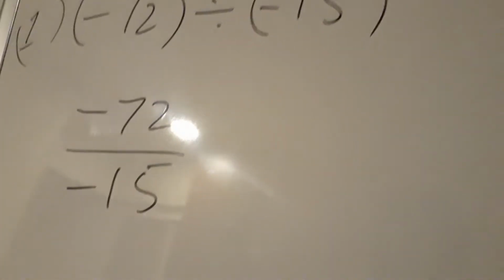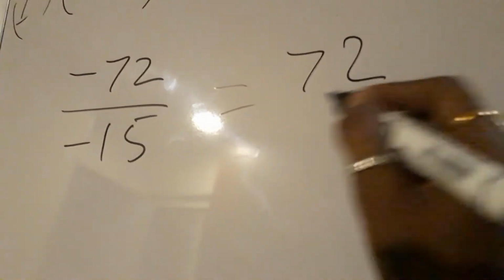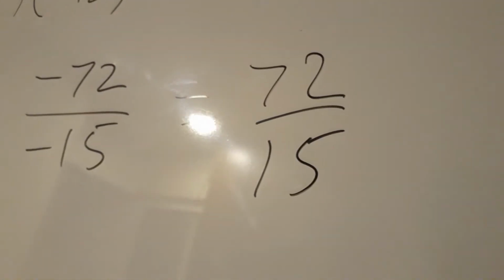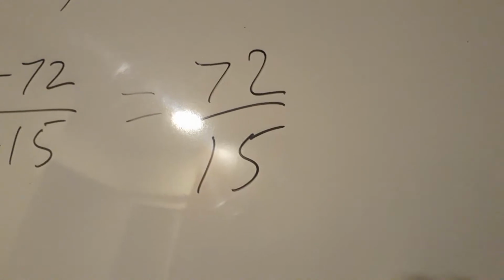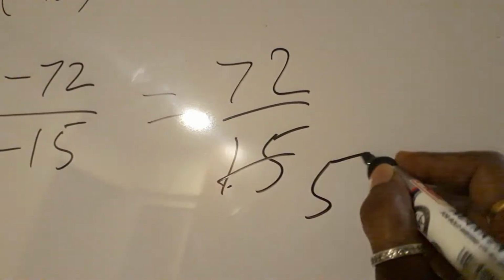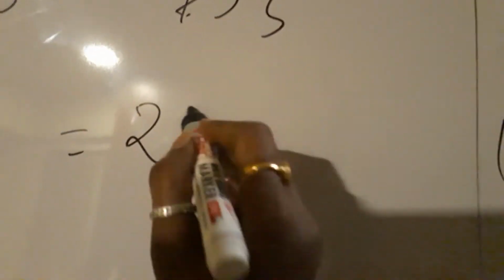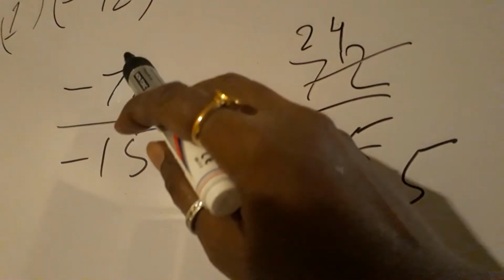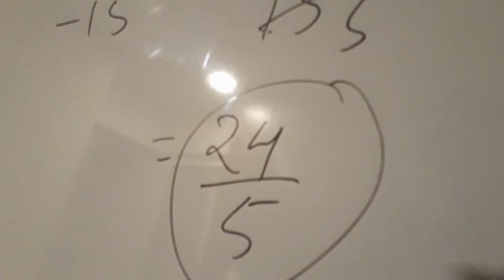We have learnt all the rules, so now we need to apply. Minus minus will cancel, or you can say nullify. So it's equal to 72 upon 15. Now we can cancel them. How do we cancel 72 upon 15? 3 is the table. 3 5s are 15, 3 2s are 6, 1 carried here, 3 4s are 12. So what is the answer? Yes, 24 upon 5, and this is what is required.